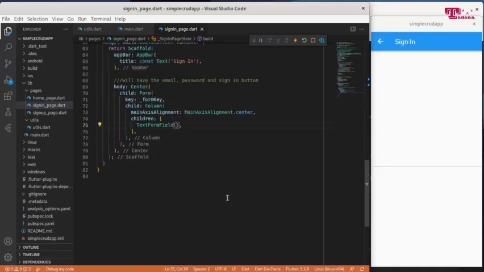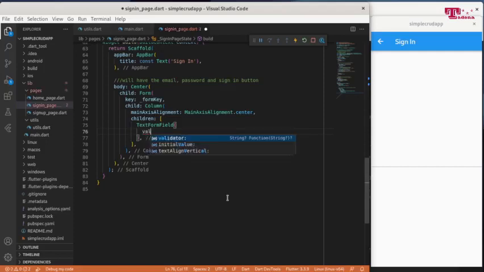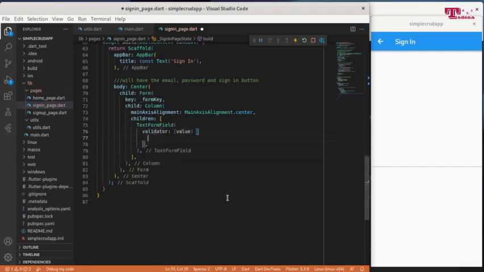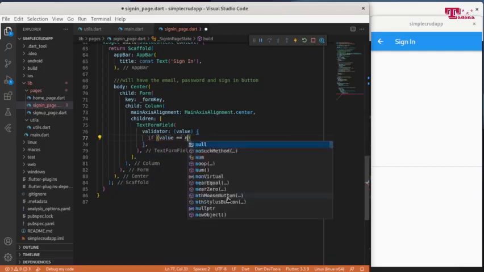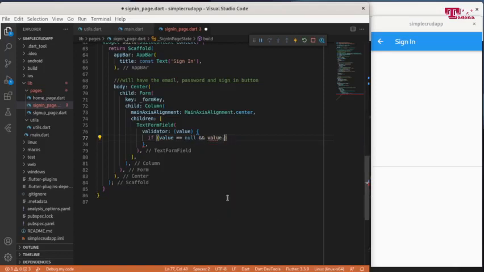Now in text form field, we are going to add the validator. Then if the value is null and the value is empty,